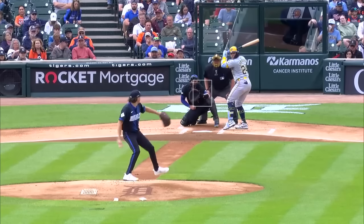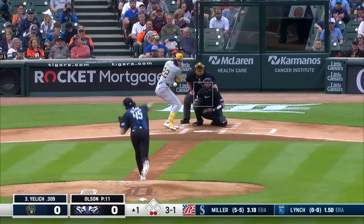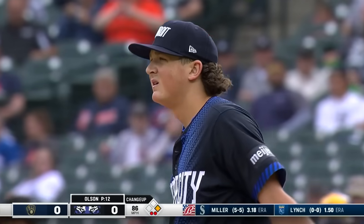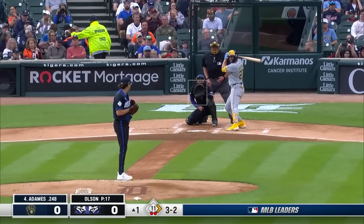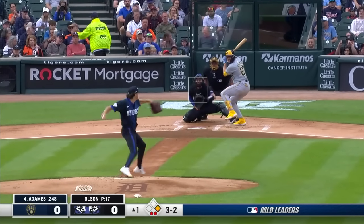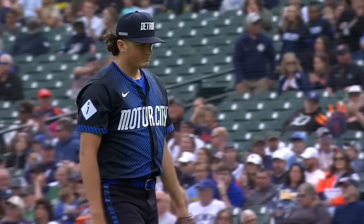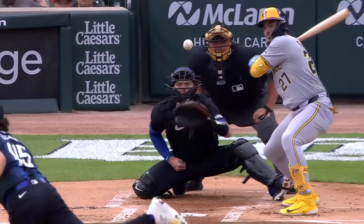Reese Olson can spin the baseball, and he can be dominant when this pitch is on. And they're going to have to deal with that pitch all night. That misses, ball four. It's a very patient Milwaukee offense generally. And there are 2 out and a runner on. Olson holds it for a beat. There goes Yelich. Swing and a miss. Slider up in the strike zone. Willie Adames strikes out. And with a walk in between numbers 2 and 3, Reese Olson strikes out the side